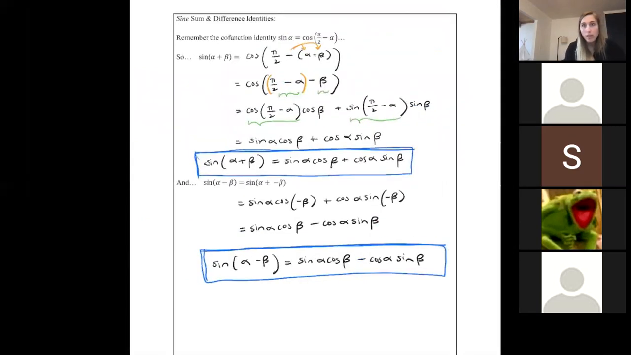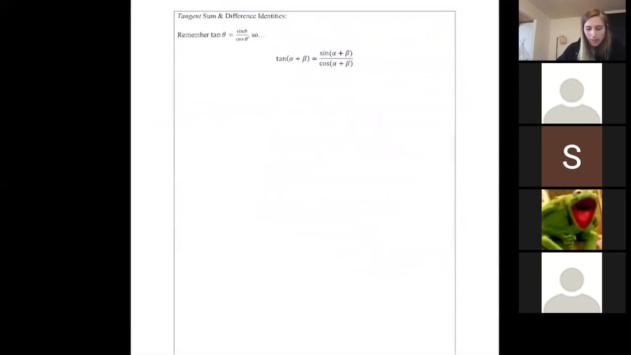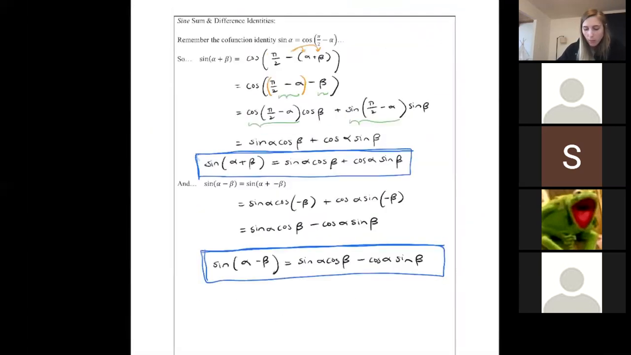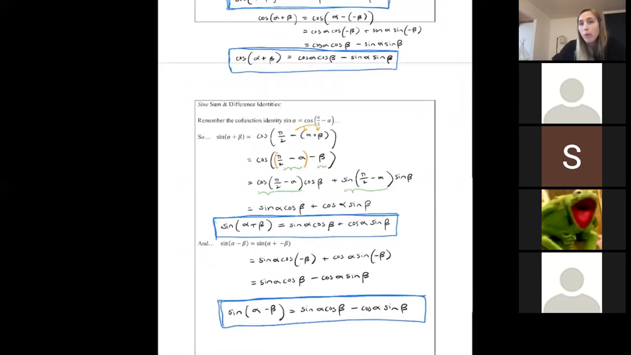And you guys, I know this has been a lot, so I'm going to stop there and we'll pick back up with the tangent sum and difference identities on Wednesday. But does anyone have any questions for me before I let you guys go? So the only thing I want you to work on